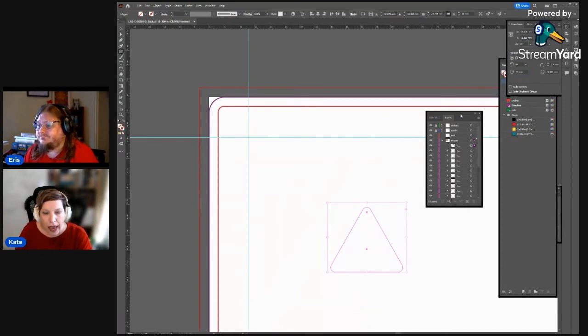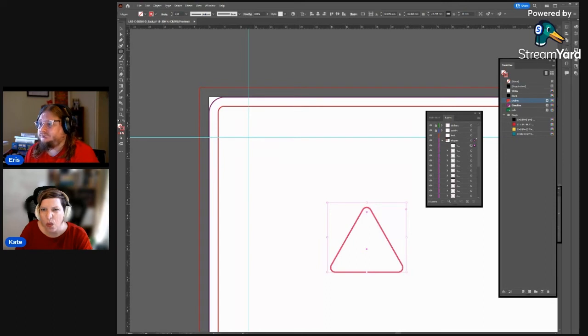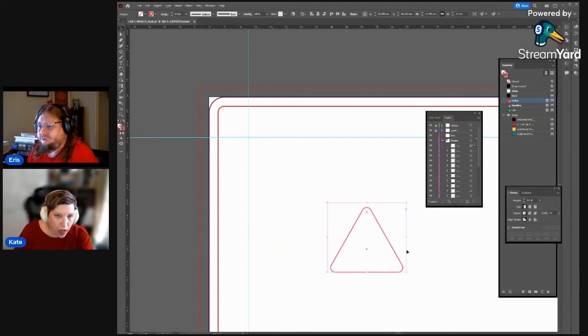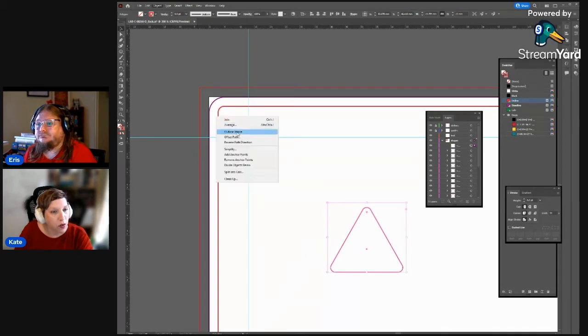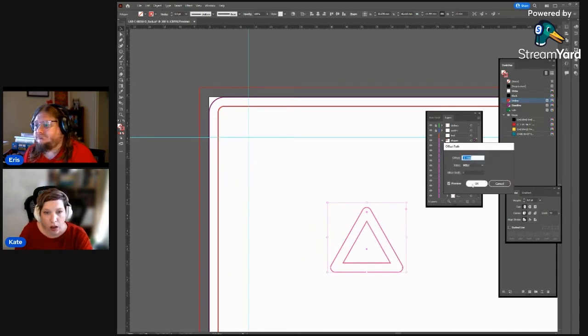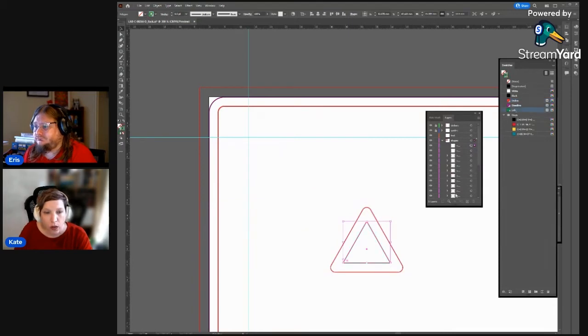So with our triangle all ready to go, I'm just going to get rid of that. We are going to set the die line. With the stroke selected, we're going to set our die line to be red. Because I don't want it to be too chunky, I'm just going to reduce that to half a point of stroke. And now we're going to create our offset paths. The first one that we'll do is our safe margin. And where's the dashed line? There it is. So there's our safe margin.